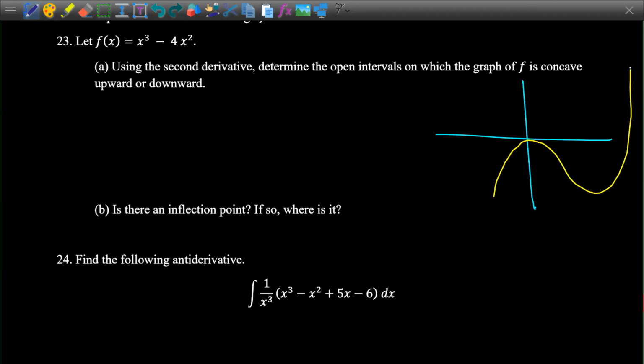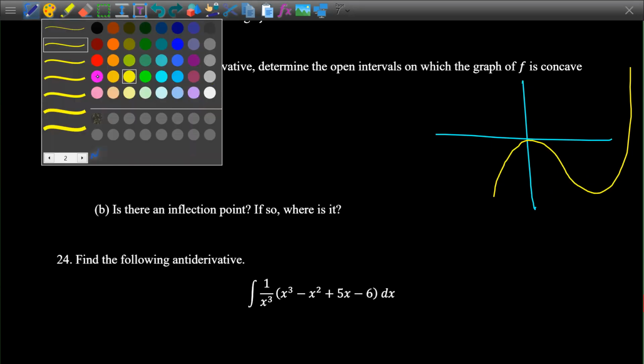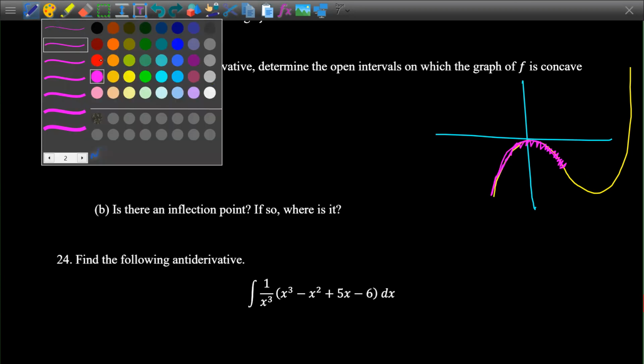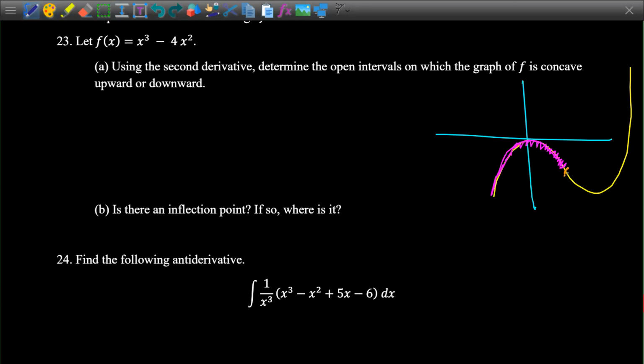And so we can see from this graph that it is concave down roughly on this area here. And it is concave up to the right of that point, which we now know is